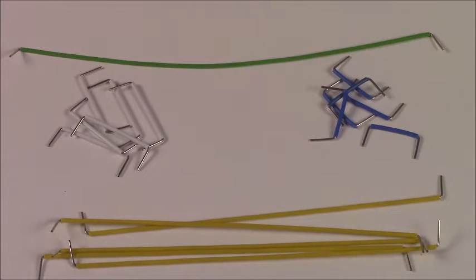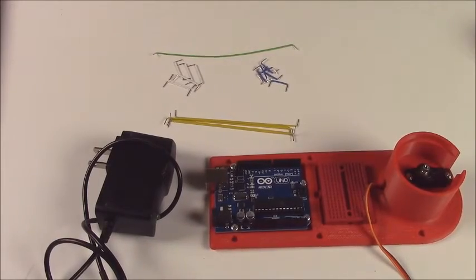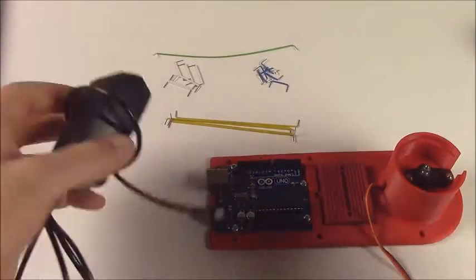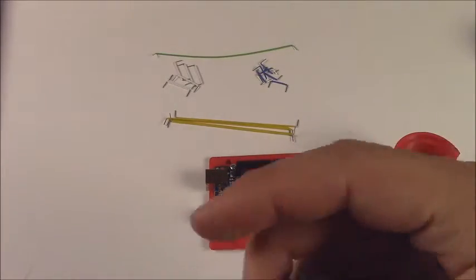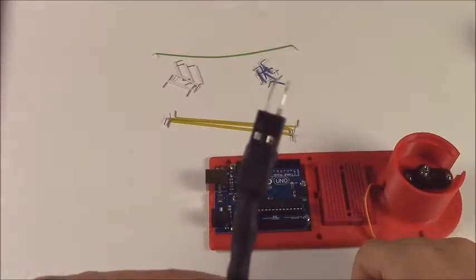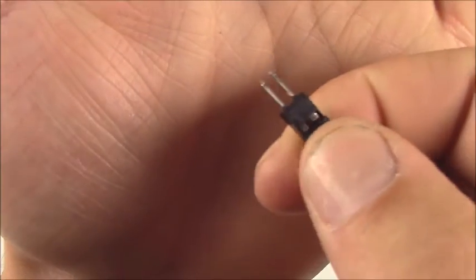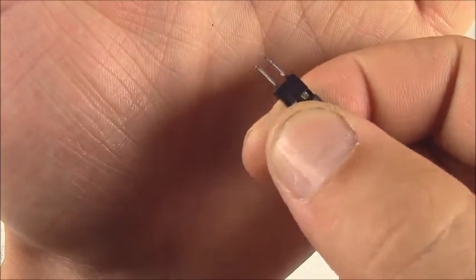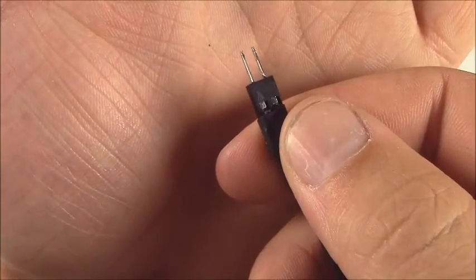So, in order to wire up your Arduino to the arm, you want to get your power supply. The power supply has kind of a forked prong at the end of it. You'll need to know which one is positive or negative, and you can see the side with the arrow on the plug is the positive side. A little tiny arrow will show which side is positive, and then the other side is negative. Go ahead and plug that into your